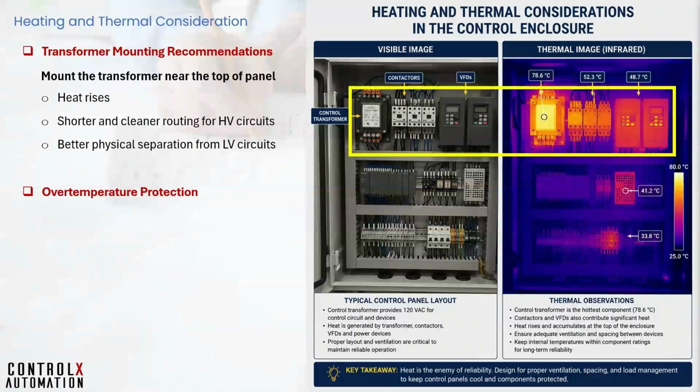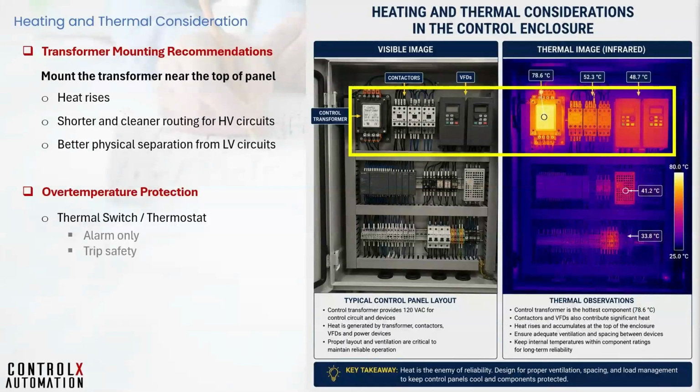For larger control transformers installed inside the control panels, if thermal considerations are critical, then consider installing over temperature protection. Thermal switches or thermostats embedded in the transformer winding wired for alarm only. This is preferred for process continuity, or trip the main control circuit through the safety controller,